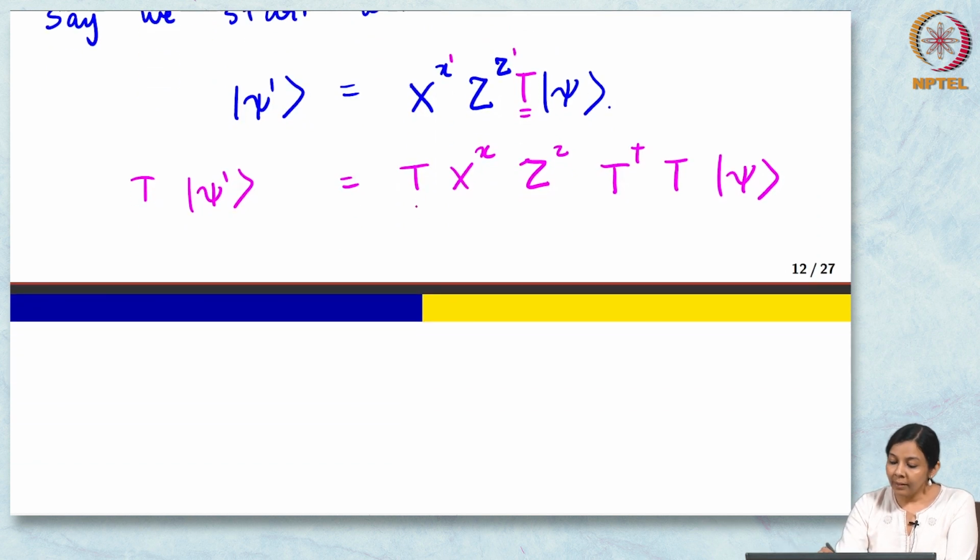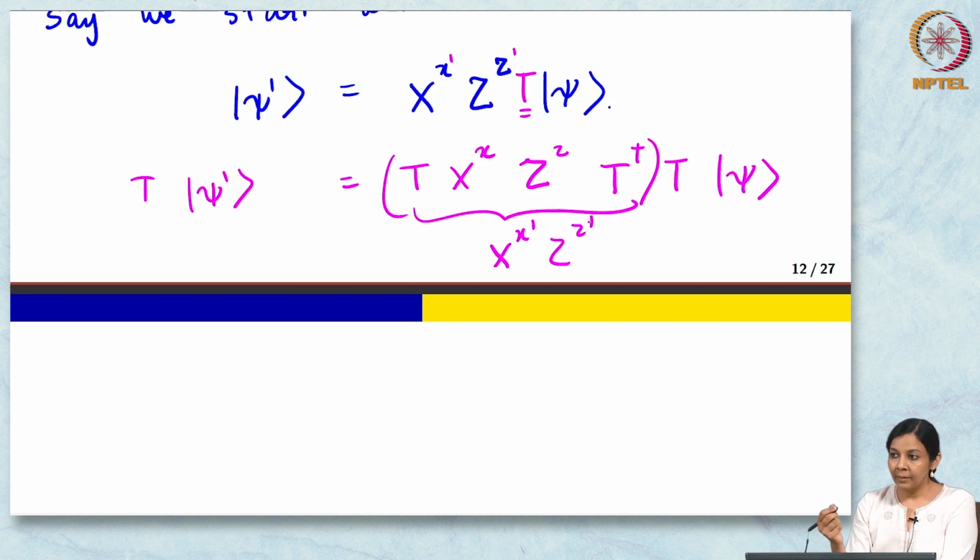Now if I could have expressed this as some X to the x prime, Z to the z prime, then I claim I would be done, right. This is what we did with the Clifford gates. So if it were possible for me to club these terms together to get a well formed OTP-like structure, then I would be in good shape, and I could just apply T and try to update the classical homomorphic encryption, and I could proceed.